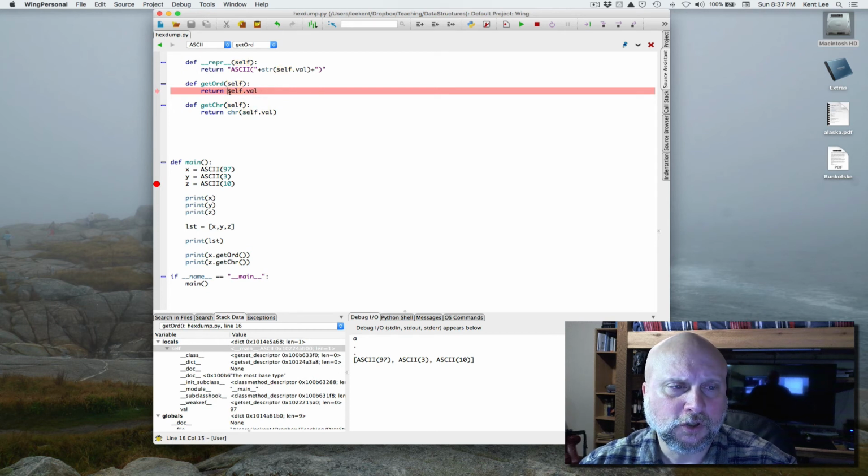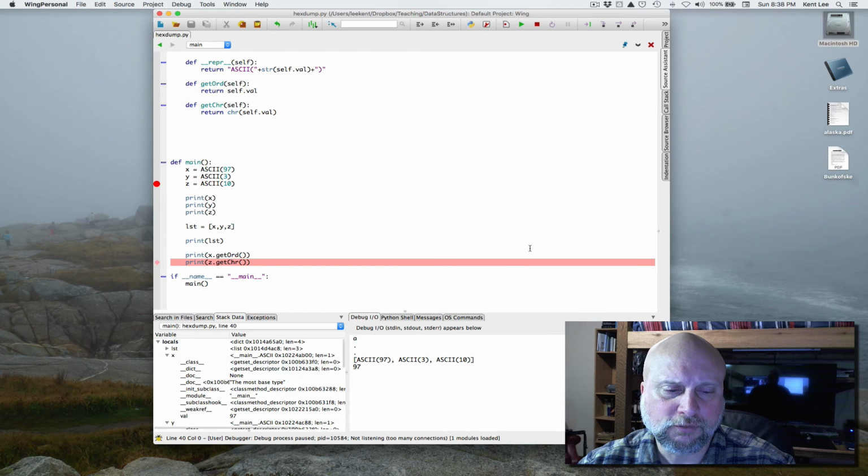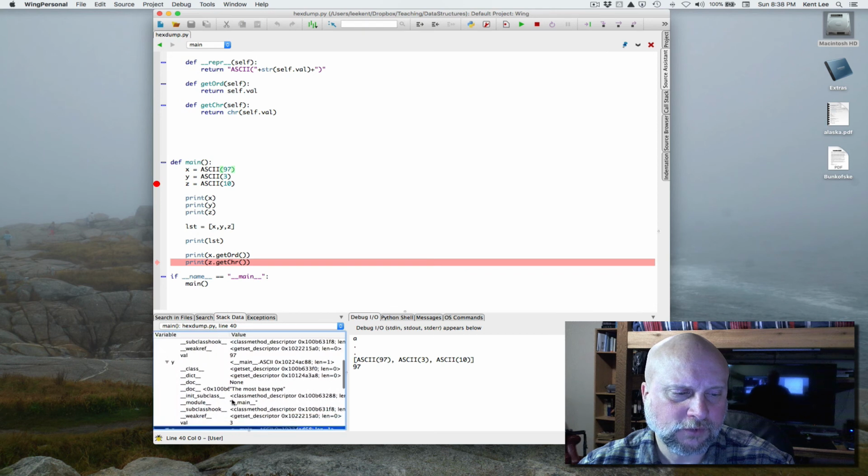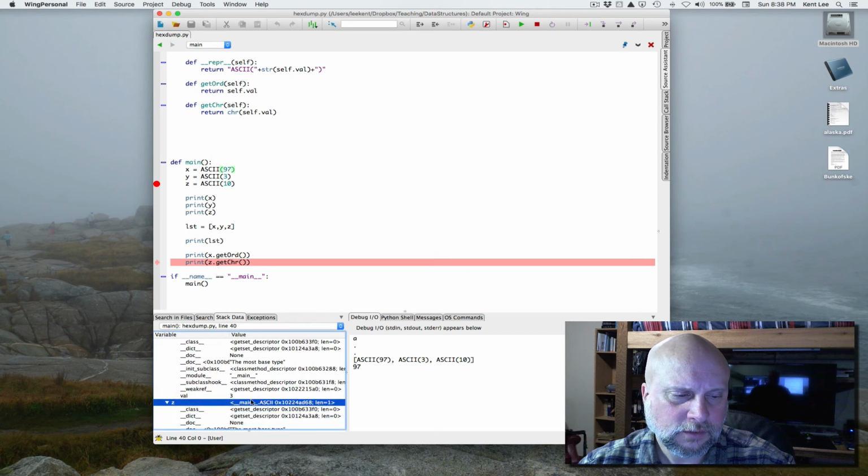So I'm going to return self.val here, meaning x's val that I'm going to return. So when I return from this, you can see that 97 is printed, and that is x's value that we created x with up here. Same thing with getChr here. If I step into that, I'm going to see that self is 20 at the end, and that is exactly the same reference that